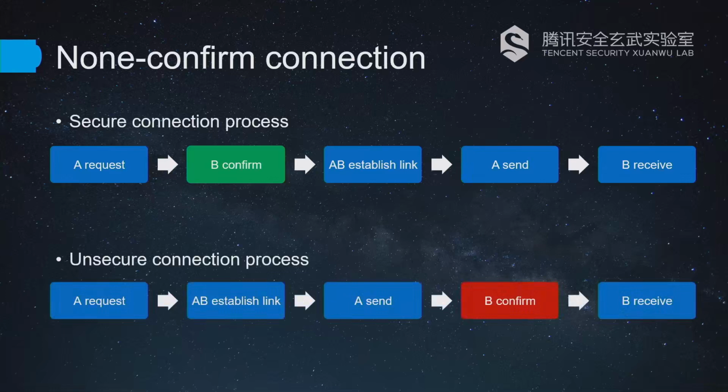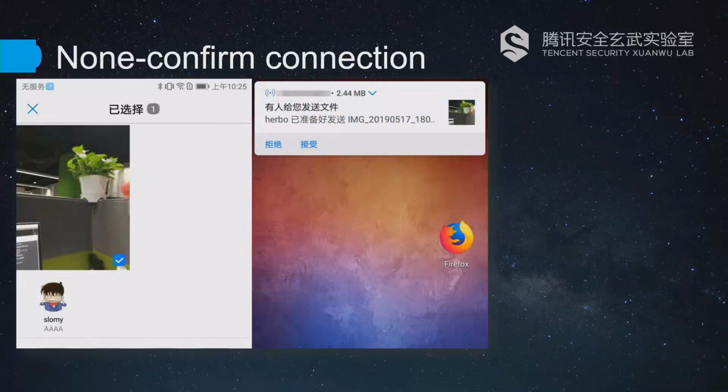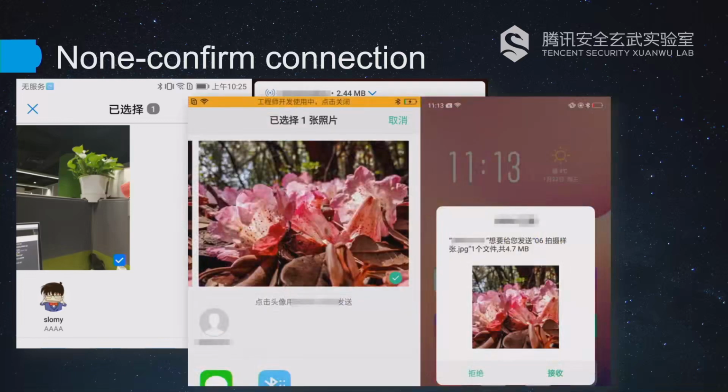But actually, most nearby sharing apps will establish the Wi-Fi connection as soon as the sender A just sends the request. But why do the app developers choose an insecure way? We think that they might have their own consideration here. More clicks often means less convenience, so the developers don't want their users to double confirm. And the receiver often wants to see a thumbnail of the file to decide whether to accept the file or not. So convenience wins and sometimes security loses.